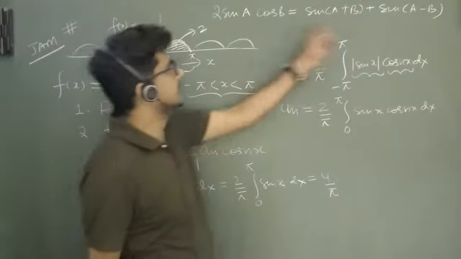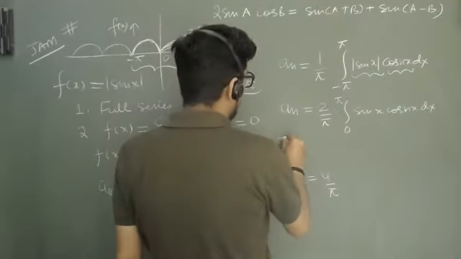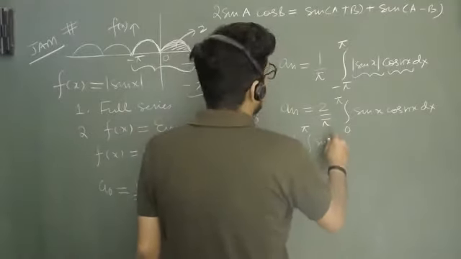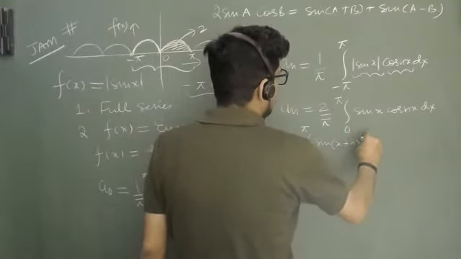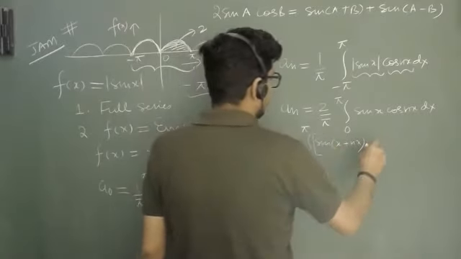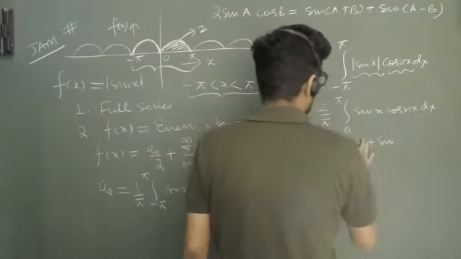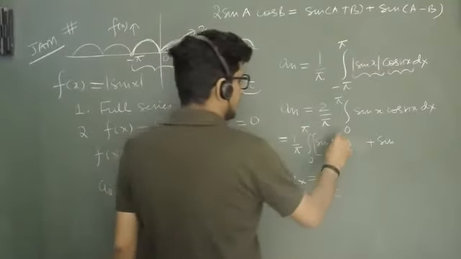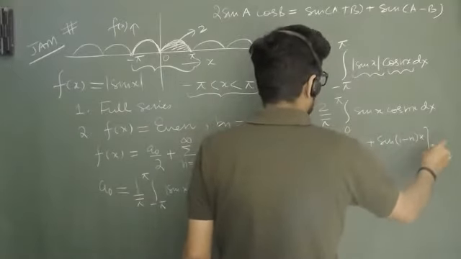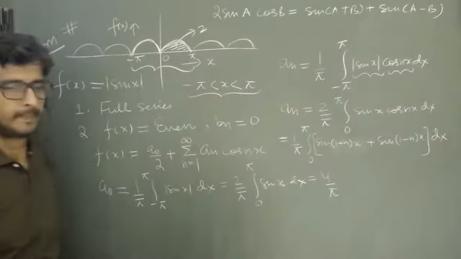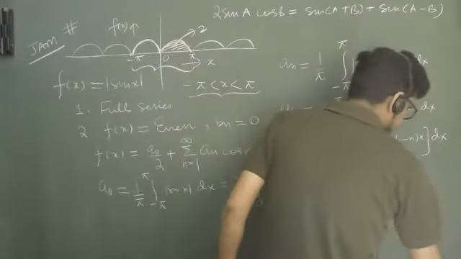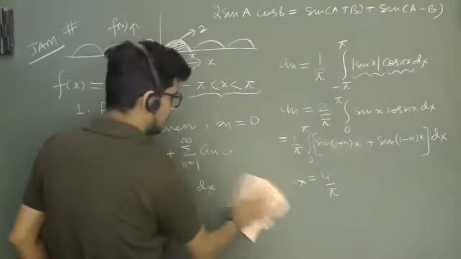Okay, and this is very very important, very simple but very important. So what I am going to do is I will write 1 by pi integral 0 to pi sine of a plus b, and plus sine of, so I will write it like this, it will become sine of 1 plus n x and sine of 1 minus n x and dx. So now I can erase this part.